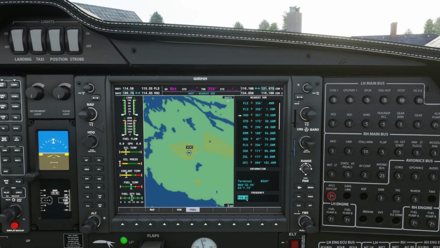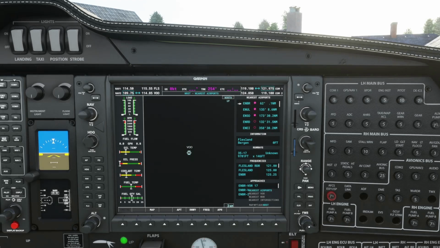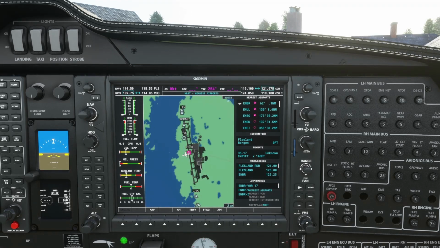We have to stop this from flashing, otherwise we won't be able to move it. So we click on the top there, and now we just use the inner dial here, and we'll go up to airports. You can see airports is highlighted, and airports is highlighted in this field here. So if we go to airports, we'll click on frequency.